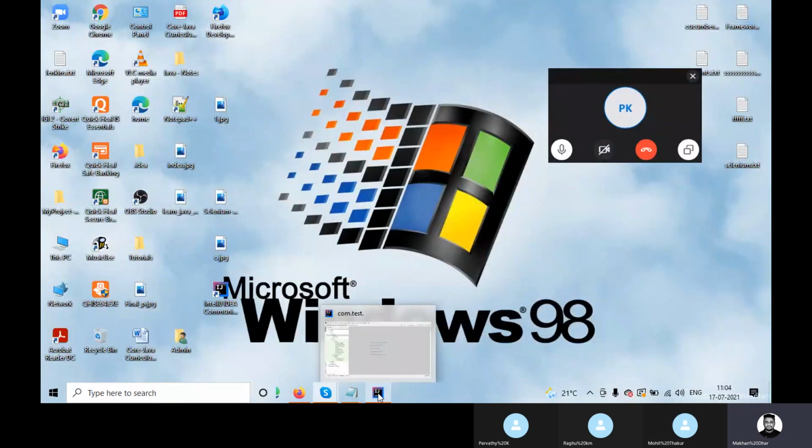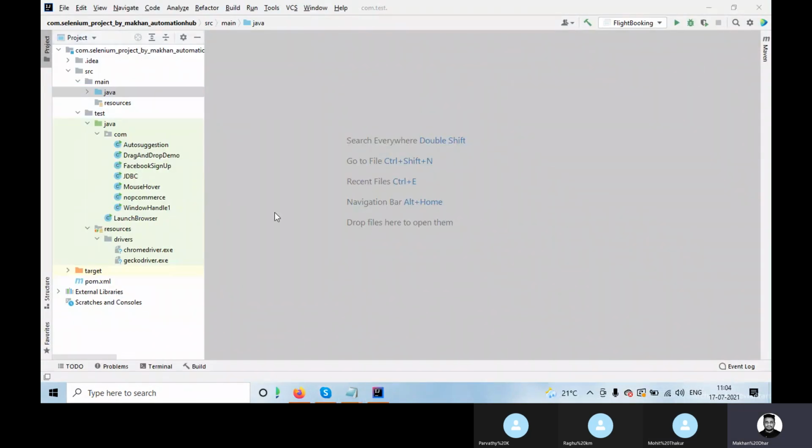So, so far Selenium we have covered, right? All the most important things we have covered. So today we'll start the framework part. Okay, how to start a framework from scratch. So prior to that,